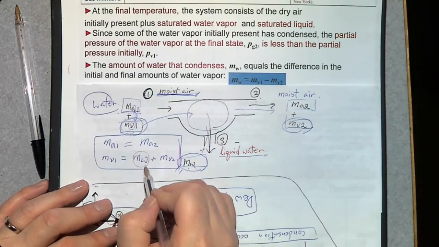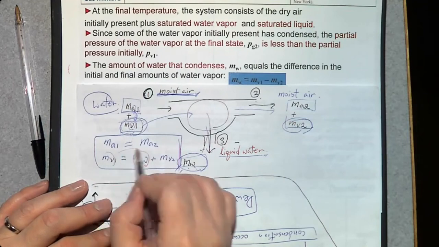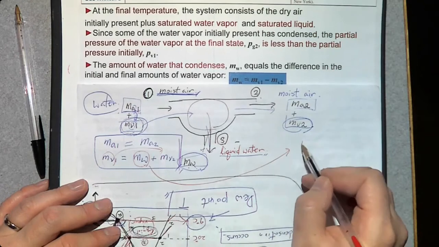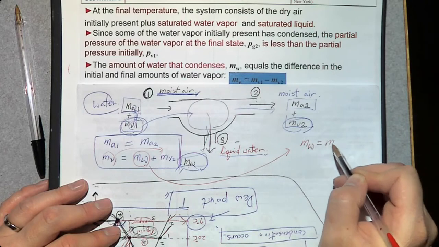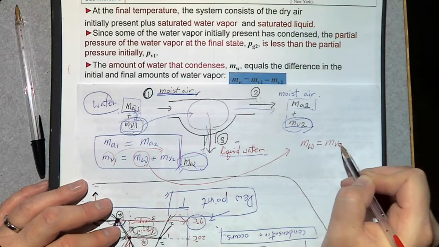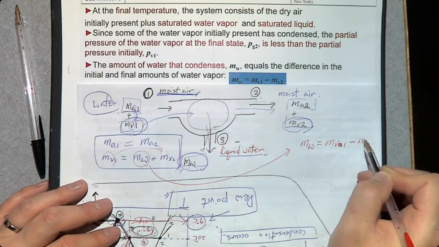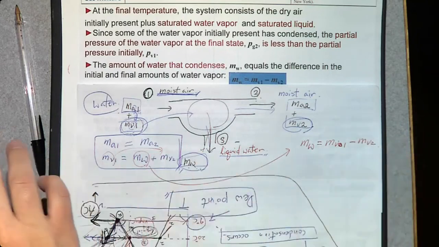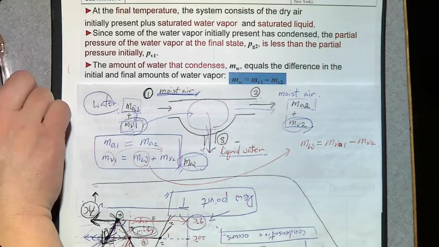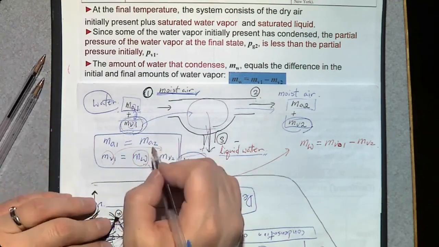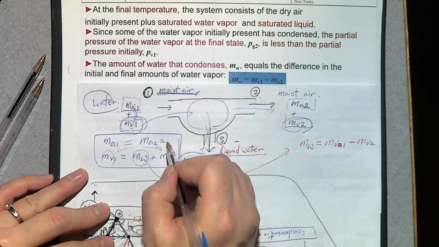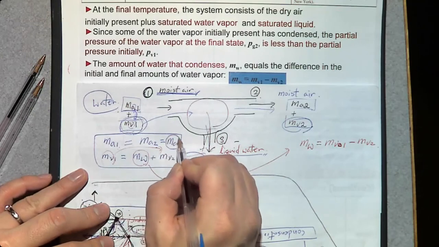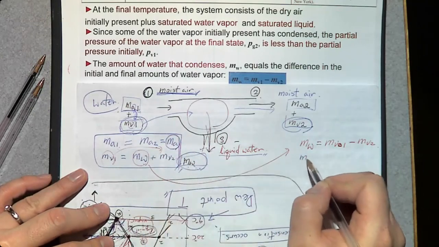If we move this one to the left-hand side, and this one to the right-hand side, we get this equation. M of condensate is the same as MV2, I'm sorry, MV1 minus MV2. By the way, the mass of dry air is constant, so we don't have to separate into 1 or 2. We can just say M of A. If we divide this by M of A,